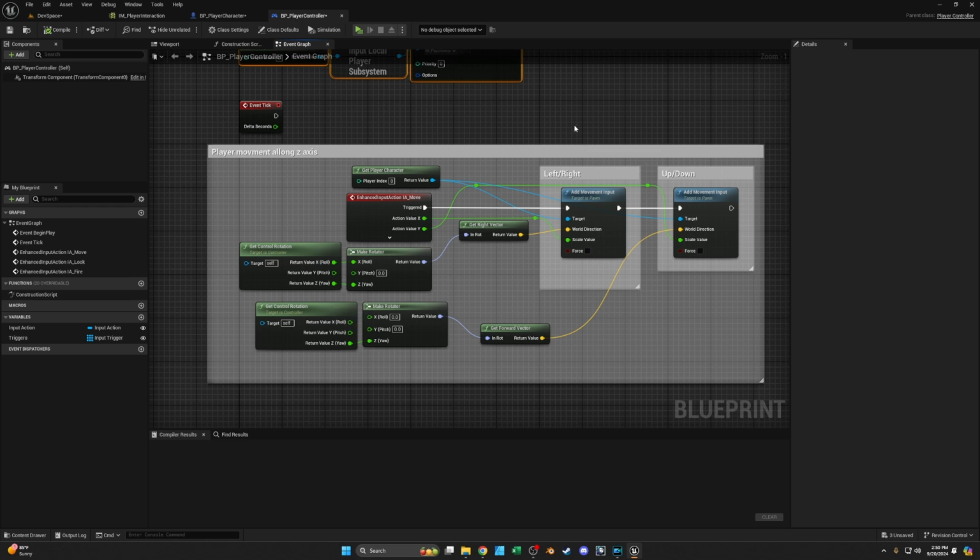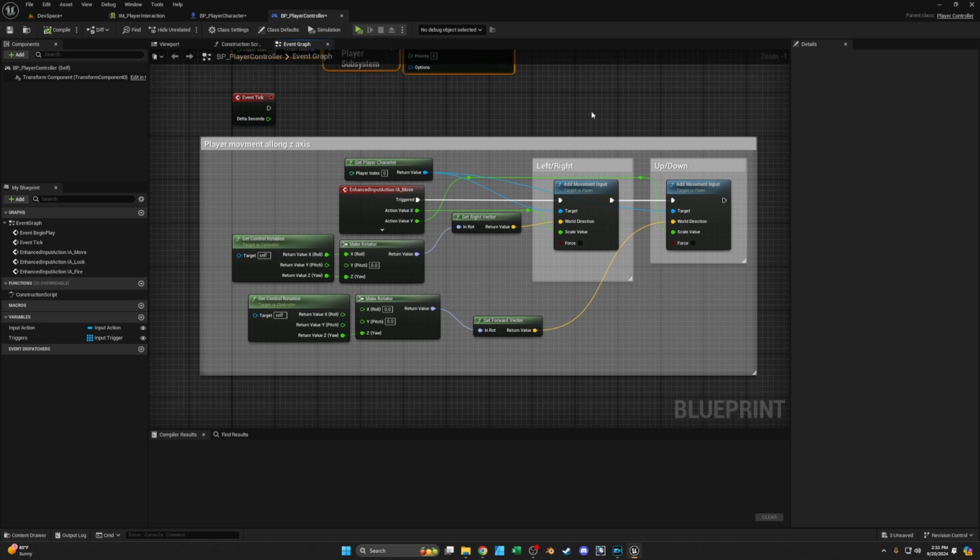The controller is responsible for your movement, for your inputs, for firing, things like that. The player character can be responsible for updating its inventory, overlaps, hit events, things like that. So in here,